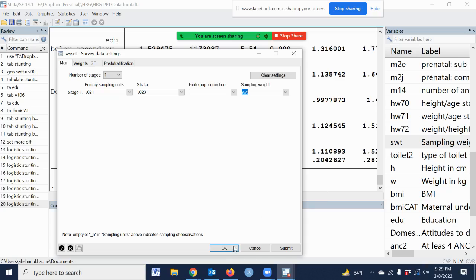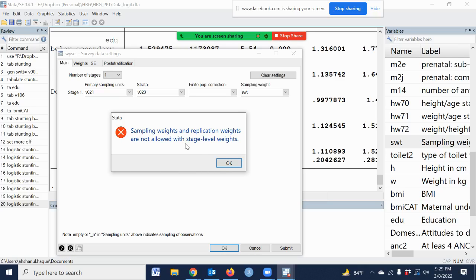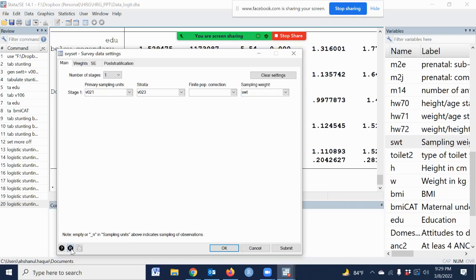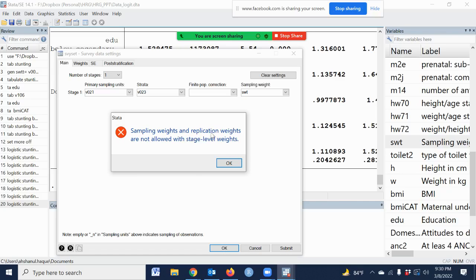Now please, okay, sorry. There is a problem: sampling weight and replication weight are not allowed with strata-level weight.